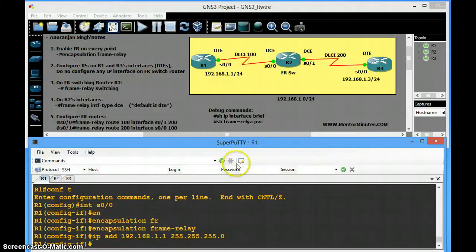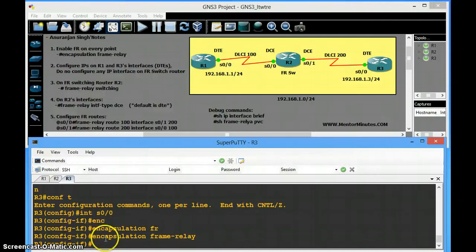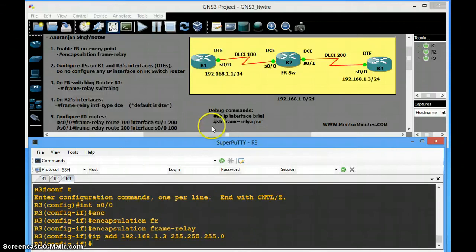So these IP addresses are in the same network, because .1 here, .3 there, /24. So we'll go at router 3 and assign the IP address 192.168.1.3, 255.255.255.0. So our second step is over.